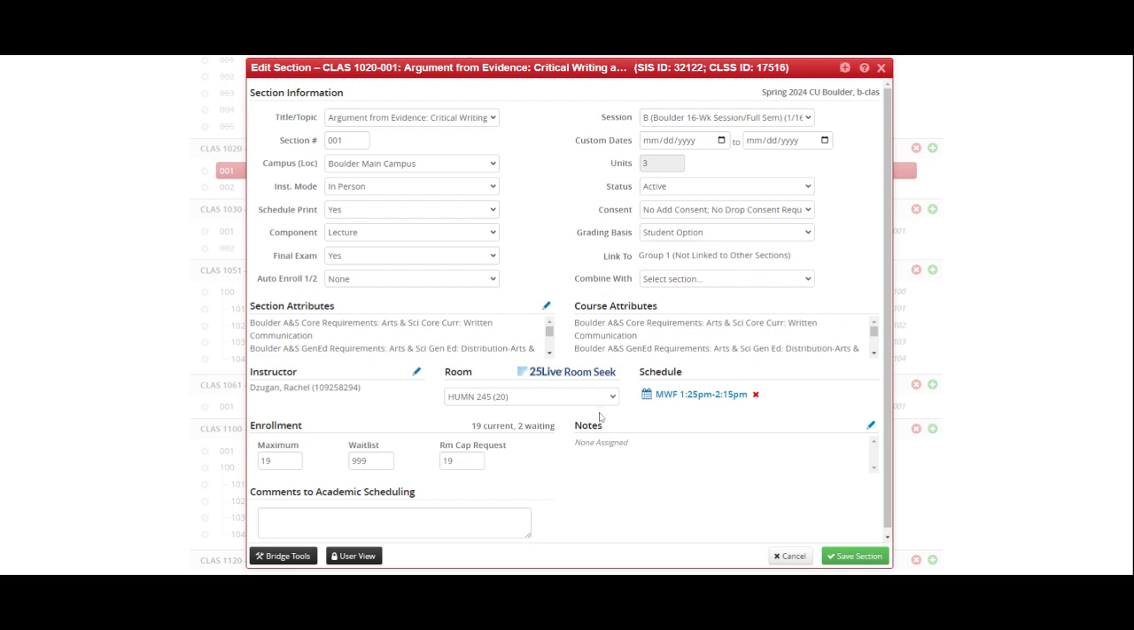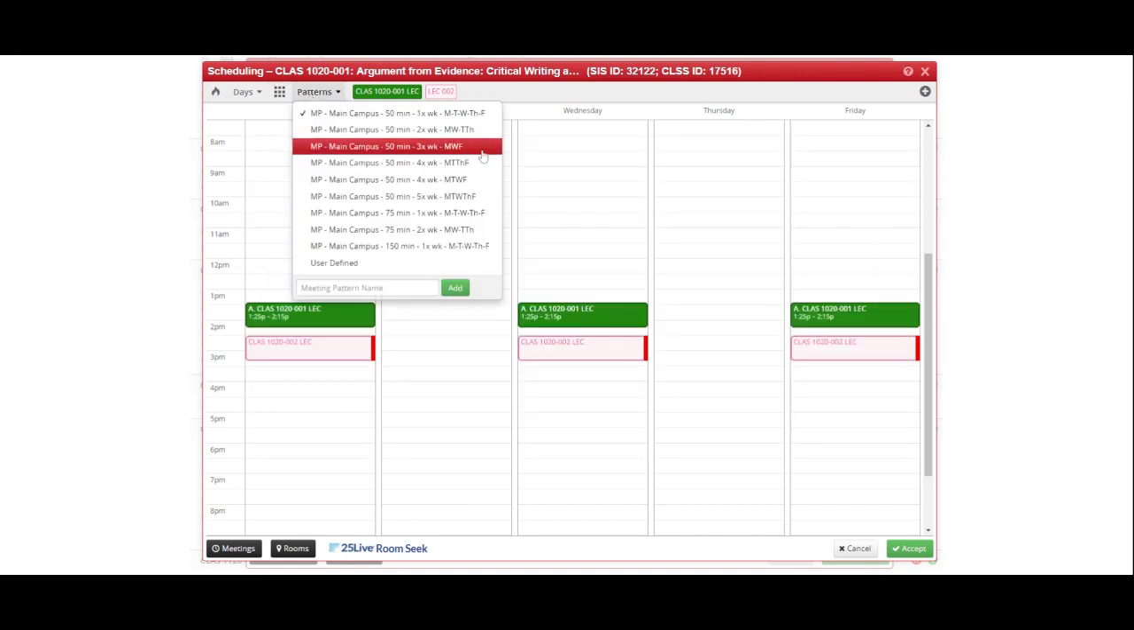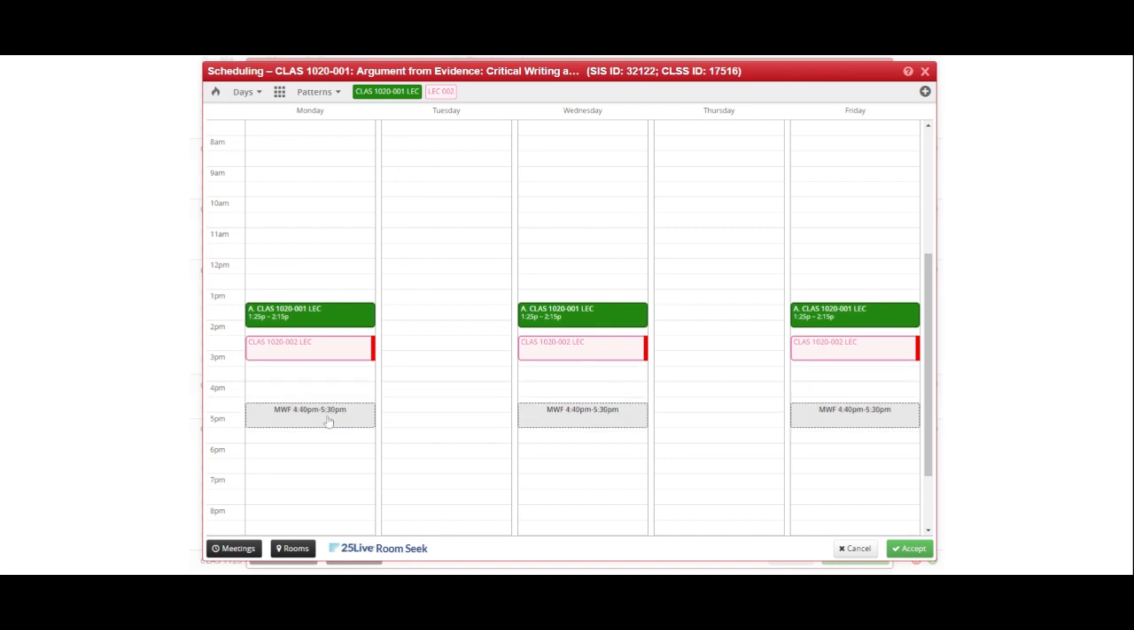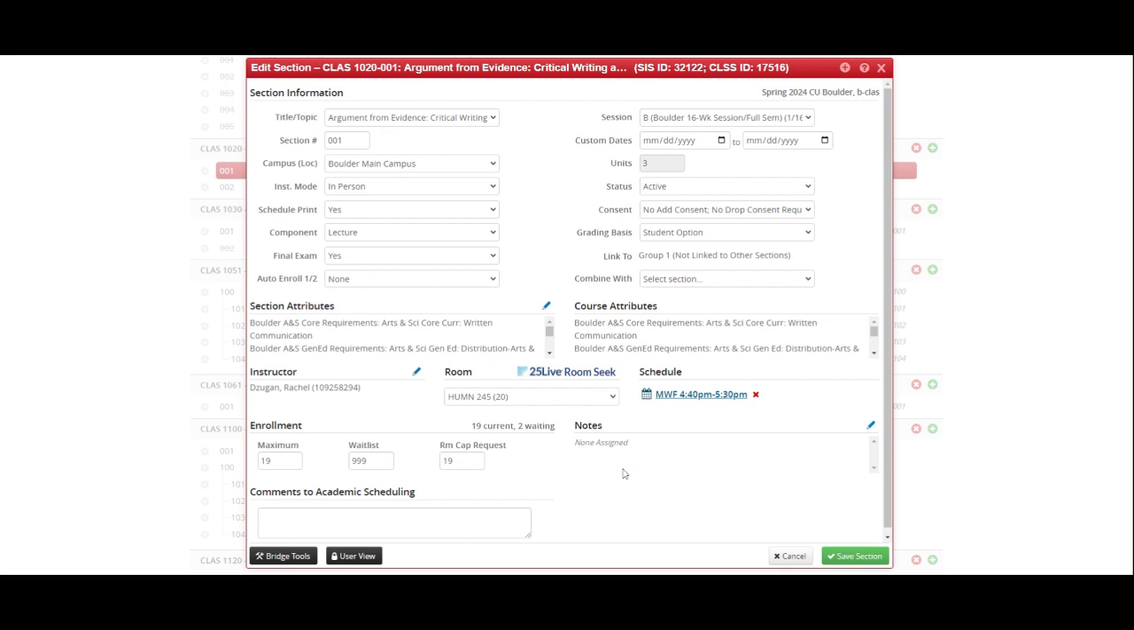So for this case, we're going to go in to our meeting pattern and we're going to select whatever meeting pattern this instructor is hoping to change to. So say they want to possibly change their time to 4:40 to 5:30. We can hover, select our new time, hit accept. Now, when we go into RoomSeek